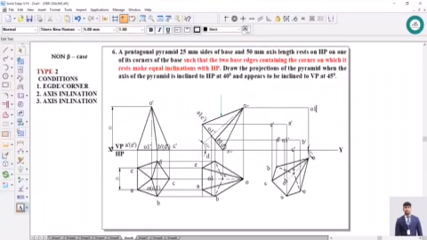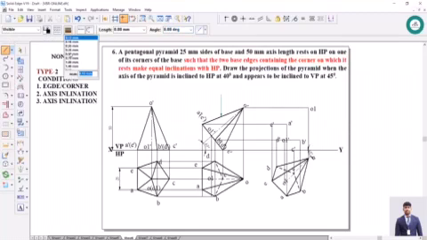So after all these things, as usual, go to line command. You can draw the boundary parts here, or else one more technique which I follow is join the base part first. So after joining the base part, now you can just join the lines to the apex.